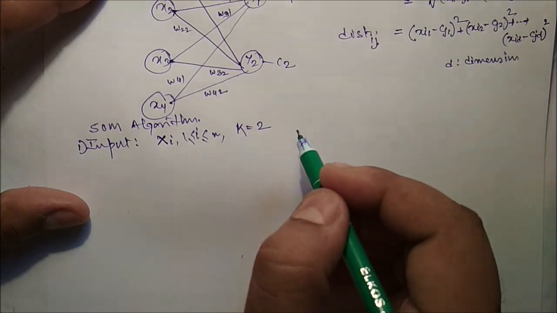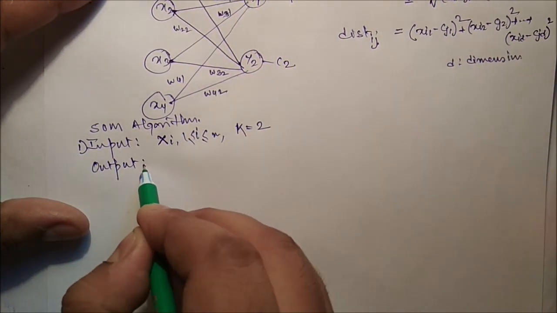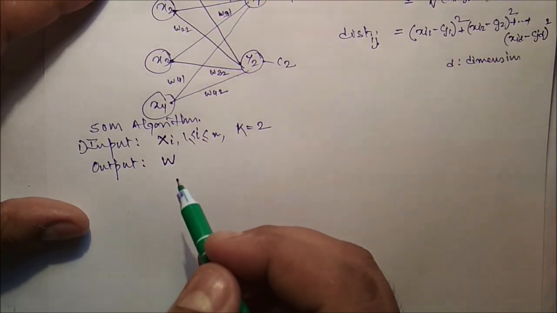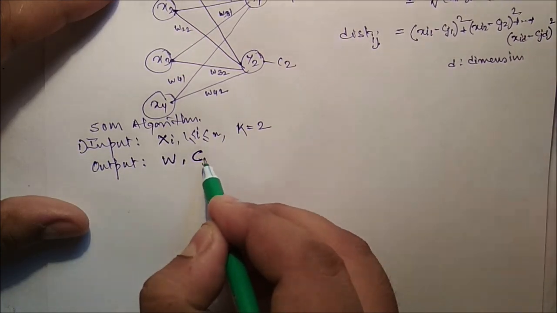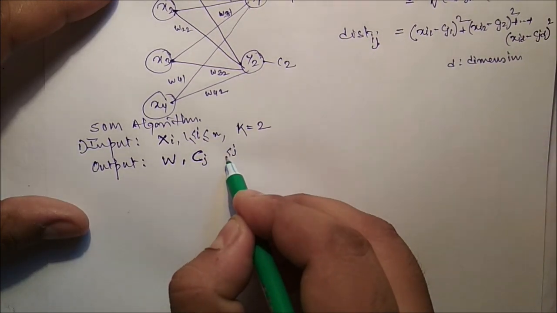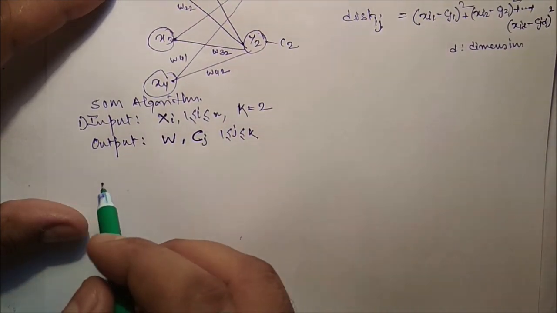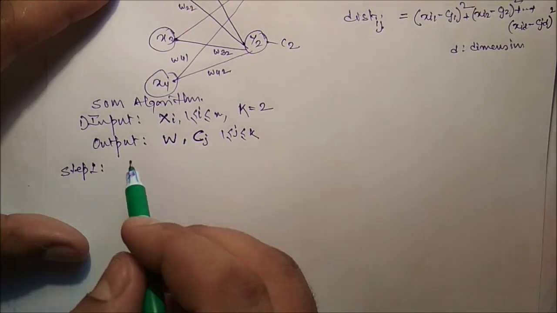Let k is equal to 2. And we have the output, the weight matrix, and the set of clusters, say cluster j varies from 1 to k. Now, first of step 1,